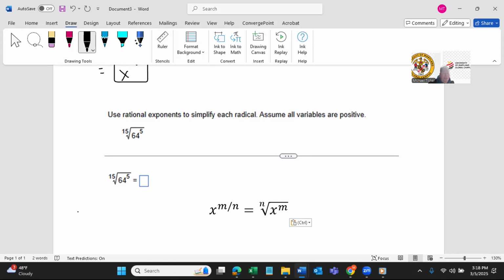And so now we can say n is 15, and m is, in this case, the exponent, which is 5. All right, and in this case, x is equal to 64. So plugging in, x in this case is 64, so we can write 64 instead. So x to the m over n now becomes 64 to the